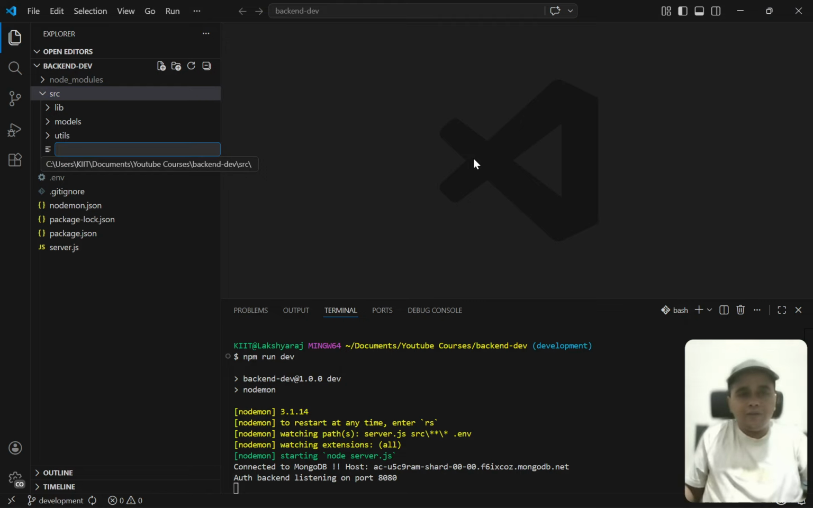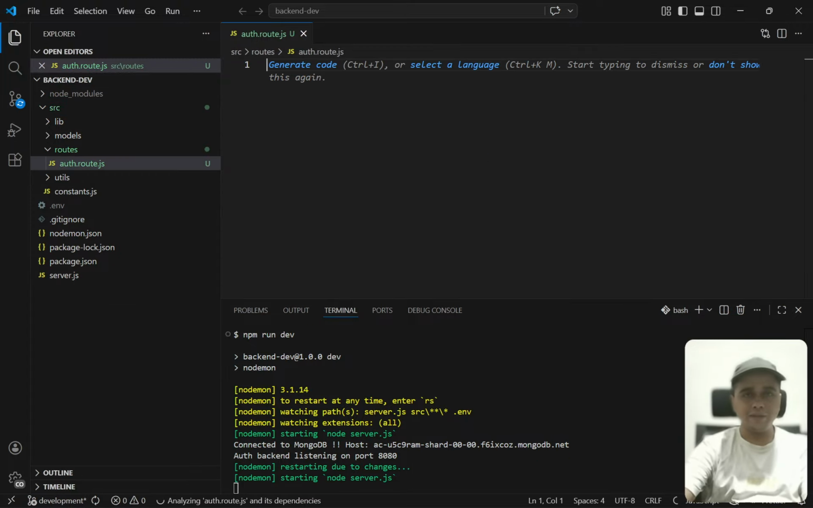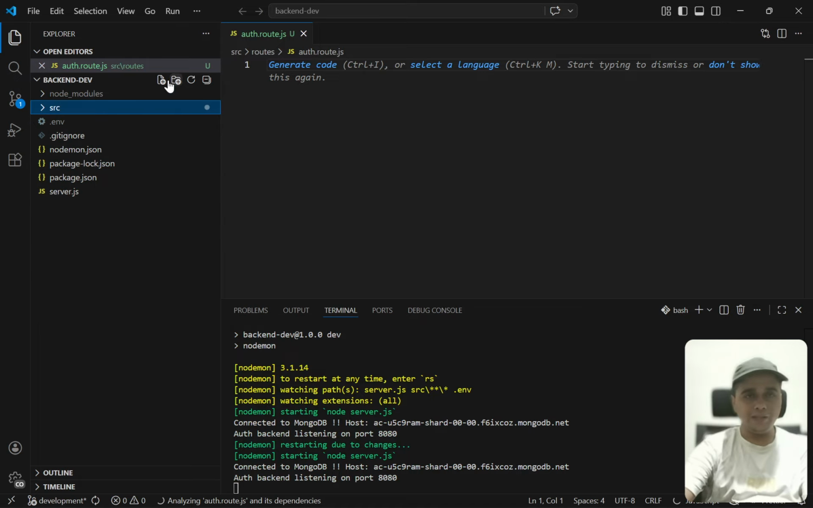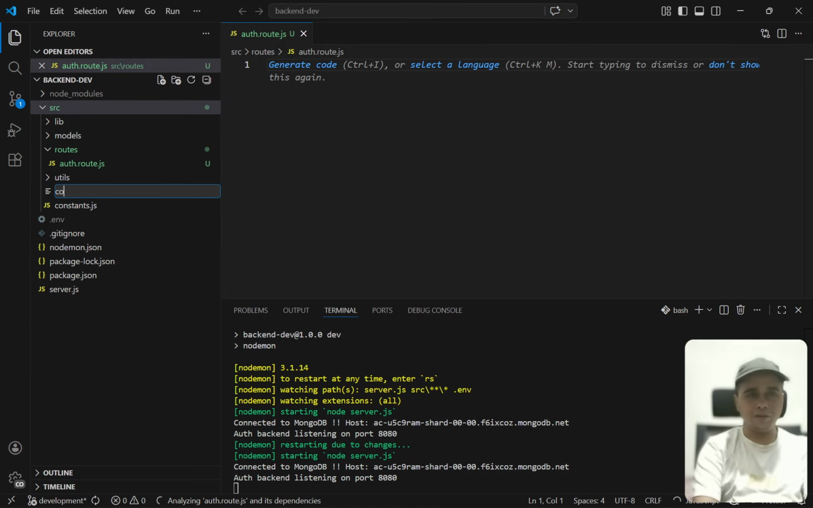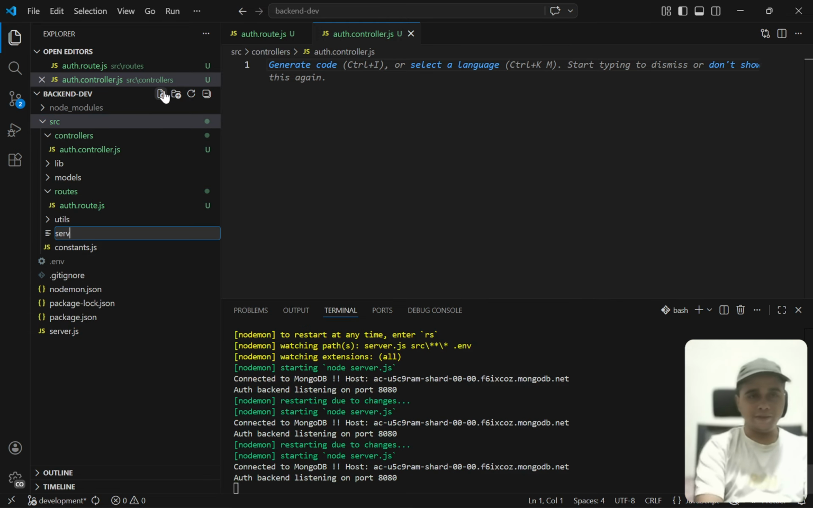Okay, so now here what I will do is I will create folders. I will have a routes folder, and inside the routes folder I'll have auth.route.js. Then we will have a controllers folder, controllers slash auth.controller.js. Now we will have a services folder,